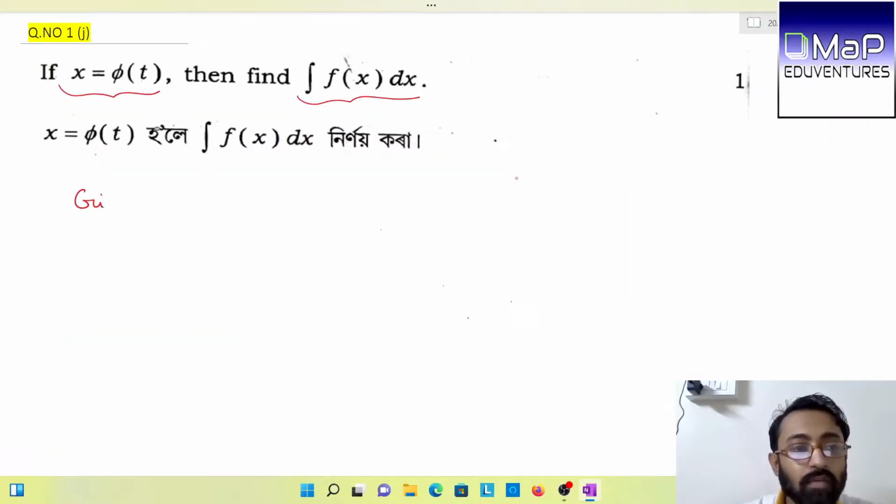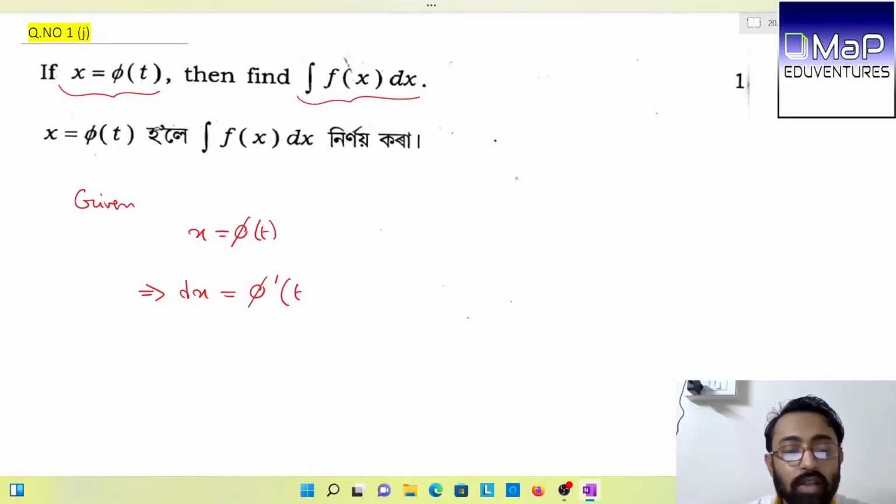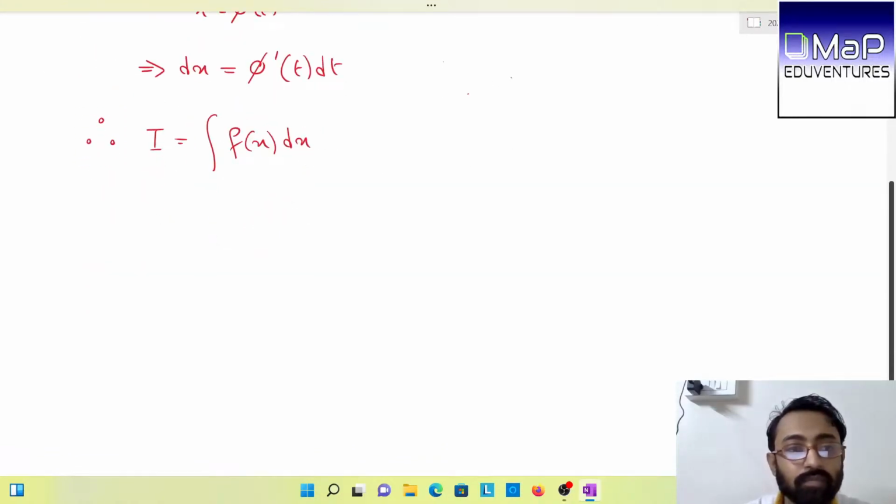So given x equals phi t, now we can say dx equals phi dash t dt. Therefore, the given integration I equals integration f of x dx. Okay, so it will change to integration of f of, now in place of x we can put phi of t. Okay, and similarly in place of dx we can put